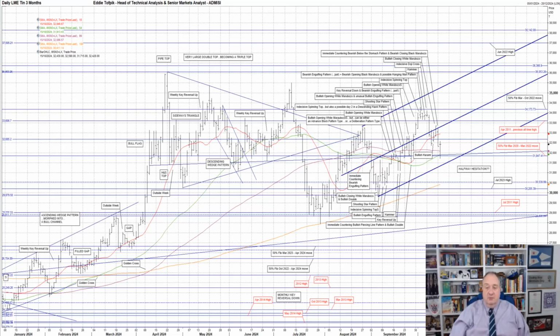All these slowed, stopped, and at the start of August turned prices higher. The push back up then became stuck in what I can best describe as an accidental congestion area overhead, created by a combination of the medium moving average, currently at 32.085, the short medium moving average, currently 31.905, the 50% Fibonacci on the March 20 to March 22 move at 31.845, plus the neckline of the thin and tall April base head and shoulders pattern. Yes, that one. The one I mentioned a lot back then, currently at